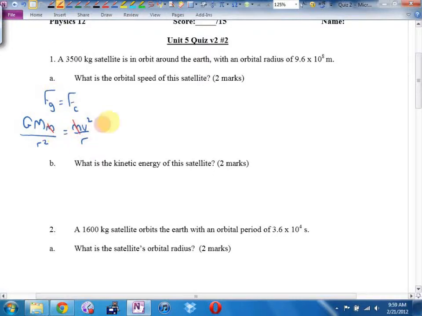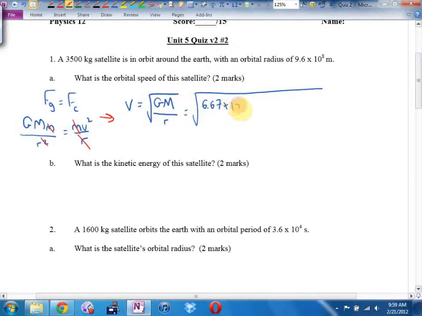Yay, the mass cancels. And let's get the v by itself. I think this was the one we ended up with, v equaling the square root of, oh, and an r cancels, Mr. Dueck, by the way. Yeah, v equals the square root of big G, big M over r. It's going to be the square root of 6.67 times 10 to the negative 11, 5.98 times 10 to the 24th,